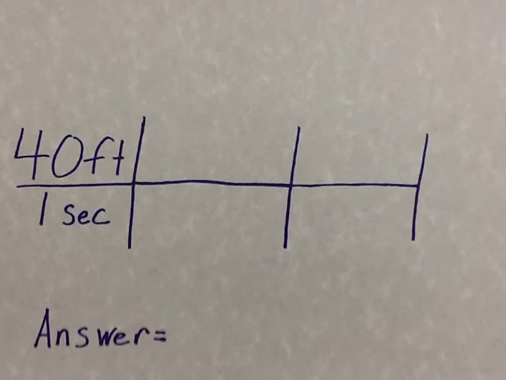Alright, now we get to our big equation, changing 40 feet per second into miles per hour. So to do this equation, you want to change feet into miles and seconds into hours, so that's what you're going to put in these blocks. So to change feet into miles, you want to put the feet on one of the bottom blocks so the feet will cancel out in the end. So you're going to have